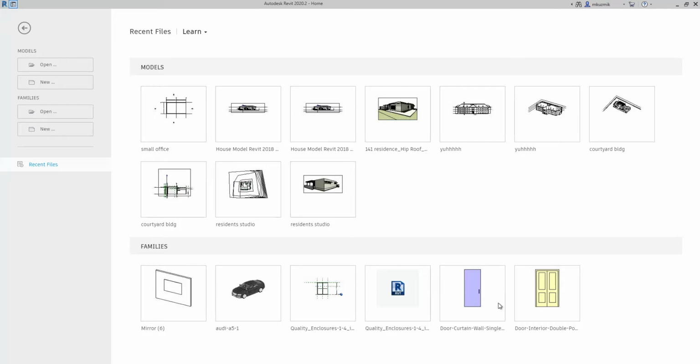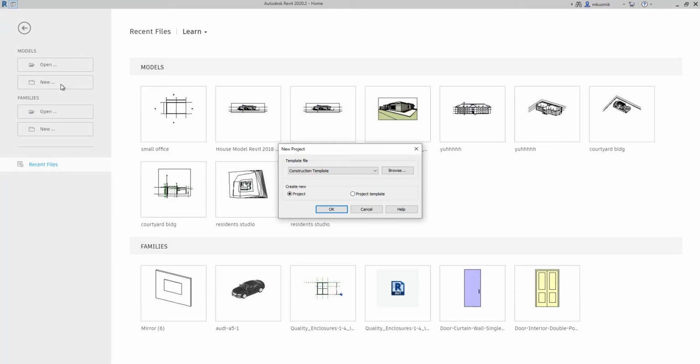This is what you get, and if you've been working on projects, you'll see those. I'm just going to open up, don't open up new families, open up new projects. Make sure you're in models instead of families. Make sure you also change the construction template, according to